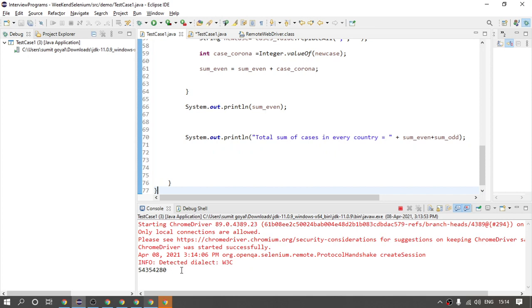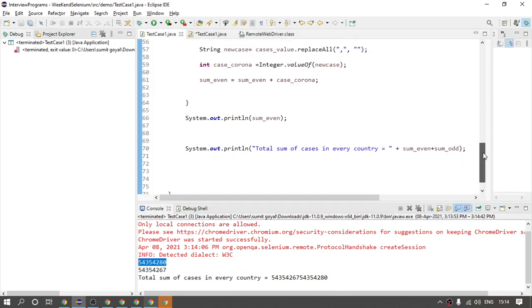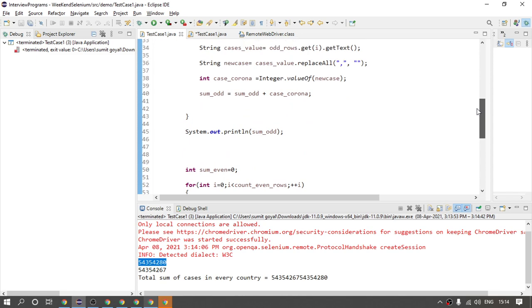So this is the total odd number of cases present in the odd number of rows, and you can see, okay, some issue is coming. Basically it has not added. So let me check where the issue is.